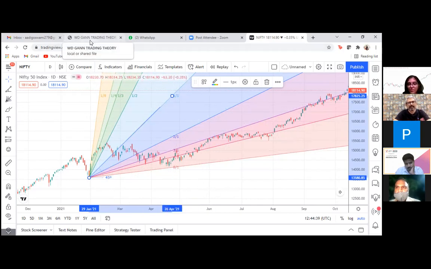First we use the angle tool and create a 45-degree angle here. And then we take the Gann fan and align it with that 45-degree angle to plot all these Gann fan lines, which actually act like support and resistance both. So you can see it creates a kind of channel for the price movement. And you can see how those lines or those angles are giving support and resistance to the price.